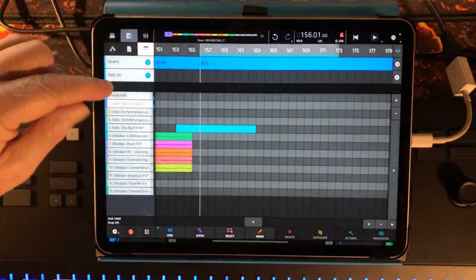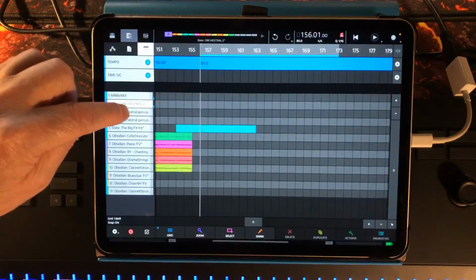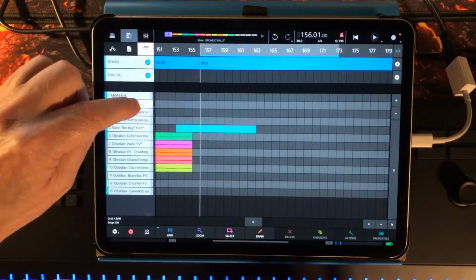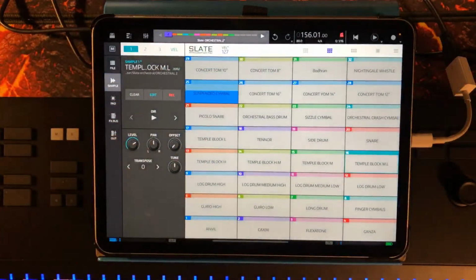So I've got two of these. I've got 2 orchestral percussion kits. So I think I quite like that one actually. So I'm gonna